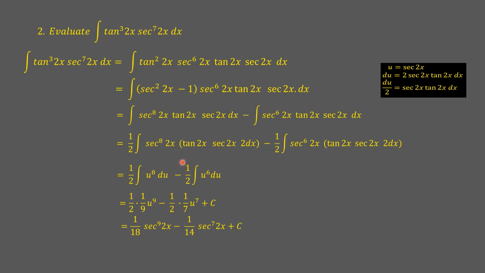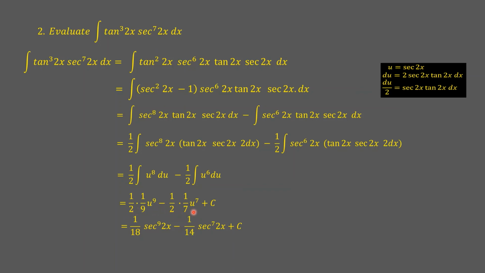Now recall, if we make use of the substitution where secant of 2x is replaced by u, then the product secant 2x tangent 2x dx will just be equal to du over 2. So this integral, with the correction factor, can be expressed as 1/2 the integral of u to the 8th du minus 1/2 the integral of u to the 6th du. Evaluating the integral results in 1/2 times 1 over 9 times u to the 9th minus 1/2 times